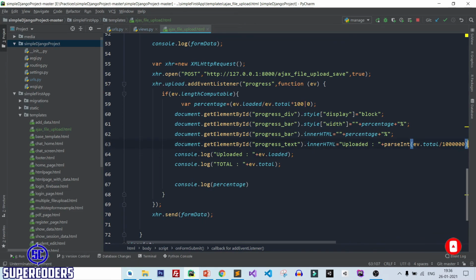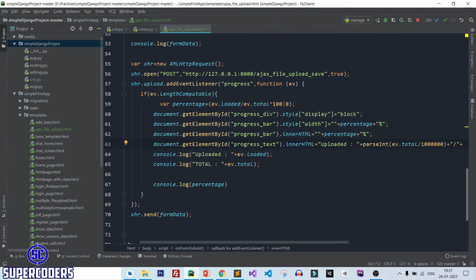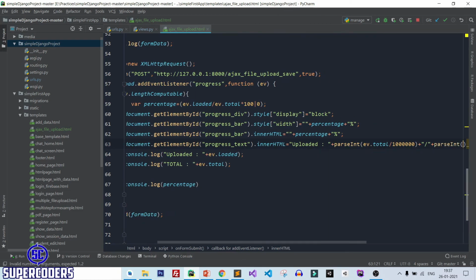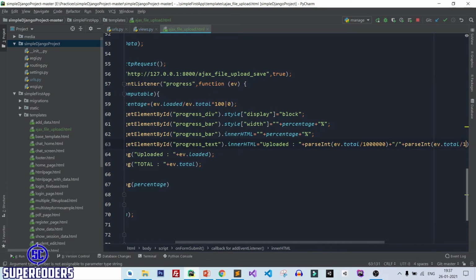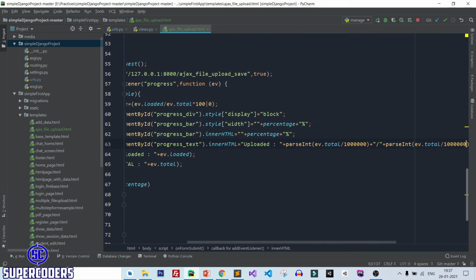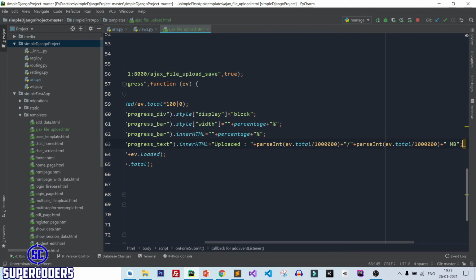After that, again plus slash plus, and this time parseInt event.total divided by 1 million, MB. So in this way you can get your progress bars and MB also.